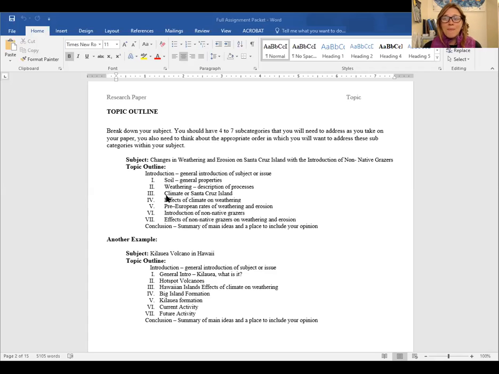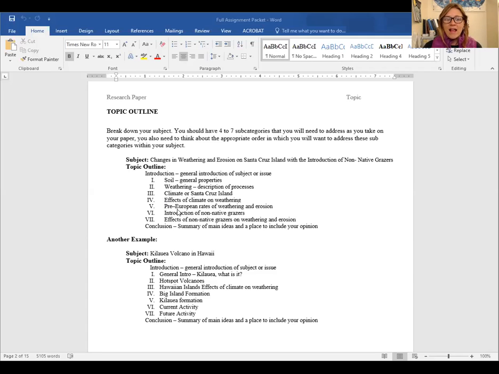I need to know some basic characteristics about climate, because climate is very important in weathering and transportation of sediments. I need to know the impact of climate on the weathering and transportation of these sediments. I need to know what the erosion processes were like before Europeans showed up with these different grazing animals. I need to know about the animals that came, how many,